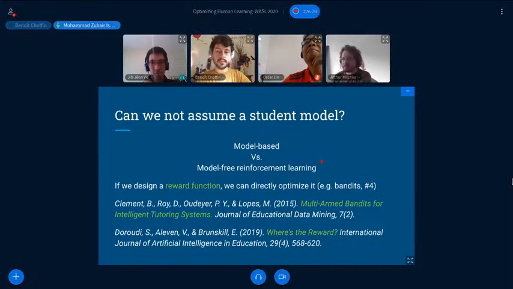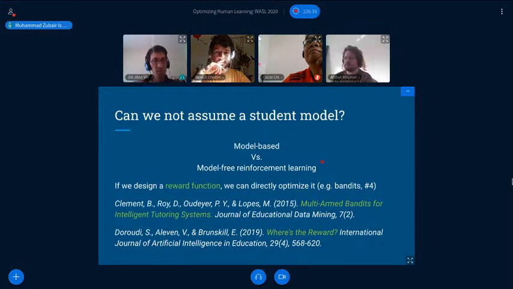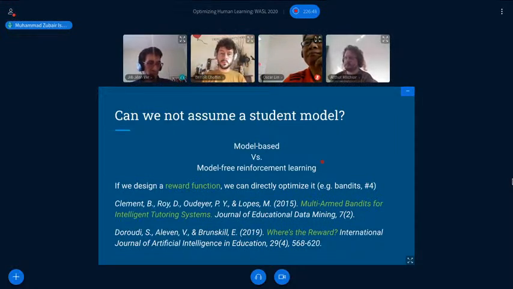Okay, so the main thing is that if we assess the ability of the student by using some cognitive processes, then it is called a simple student model. If we use different techniques like a bandit to optimize student learning on the go, then it is called a learning system without a student model. Am I right? I'm not sure if this distinction is exact.